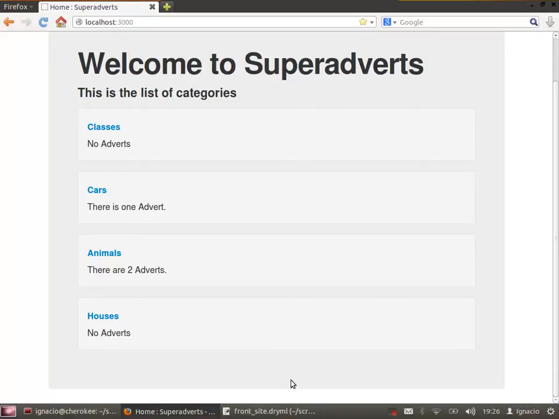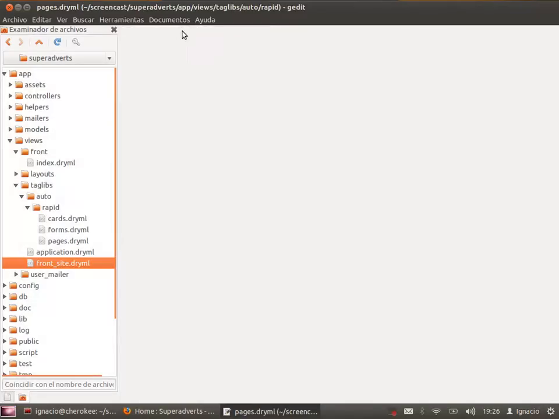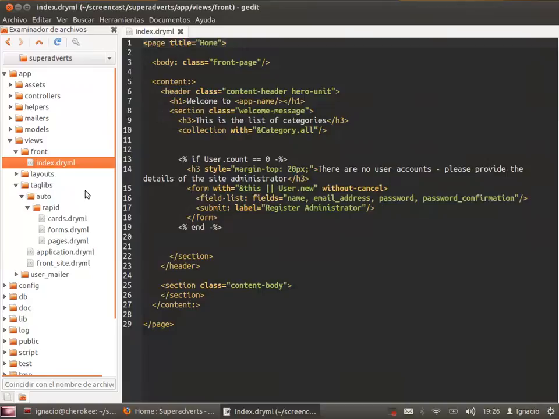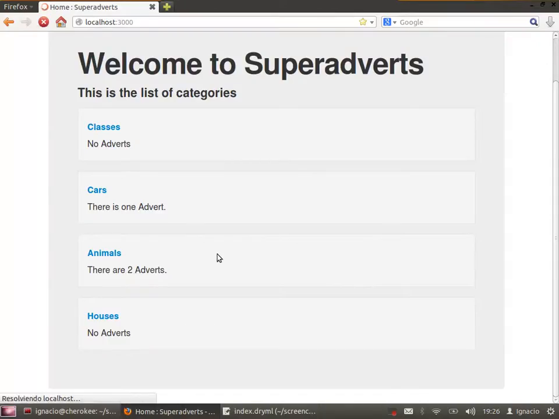I need to add a form here, so I'm going to do just that. So close these files, go back to the front index.dremel file, and after the collection, form with category dot new. Reload the page,